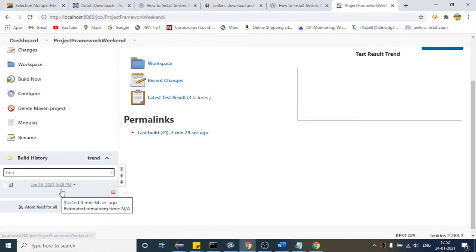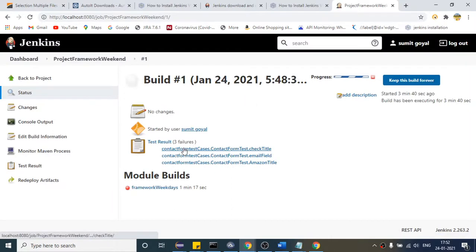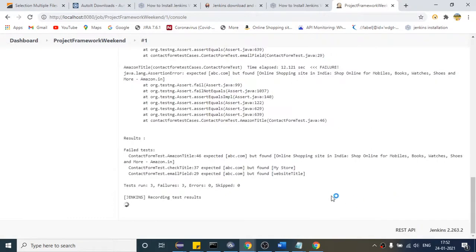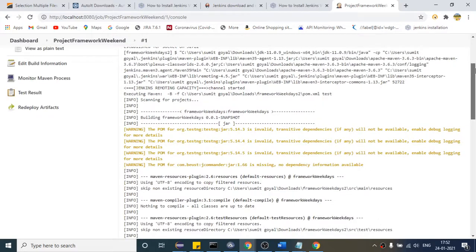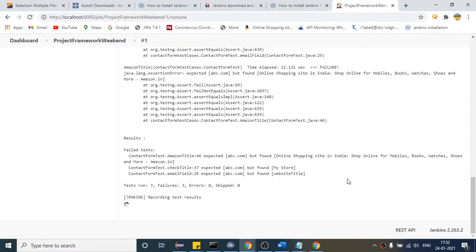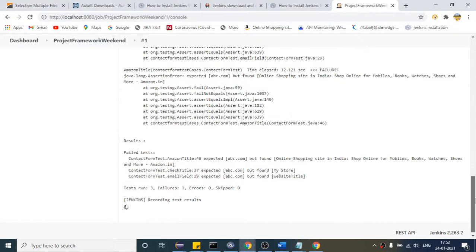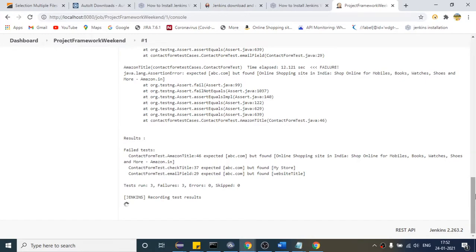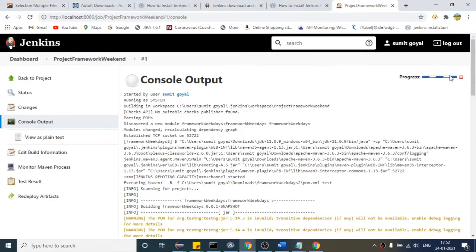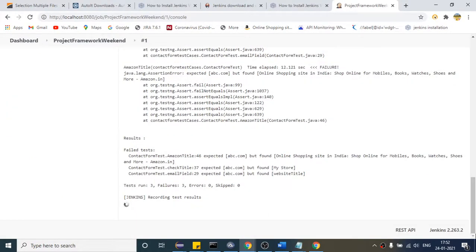It is still loading. If you want to see the output again, or if your job is taking more time, you can also click this. But let me not click that as of now.